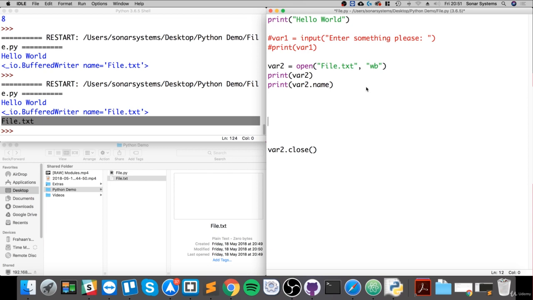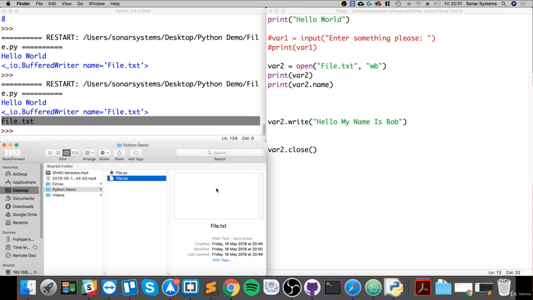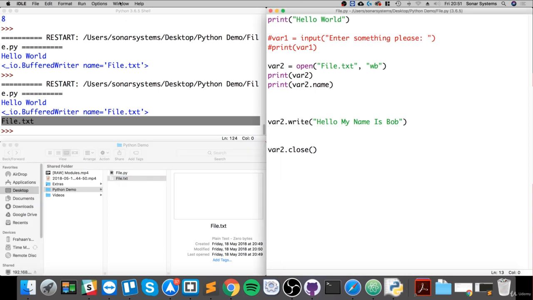So now let's have a look at writing something to the file. Let's say you do var2 dot write, and we can put something in here. It doesn't really matter what it is. Let's just say hello, my name is Bob. So if I save that, as you can see, the contents of this is empty. It says 0 bytes. So if I save it, rerun this,